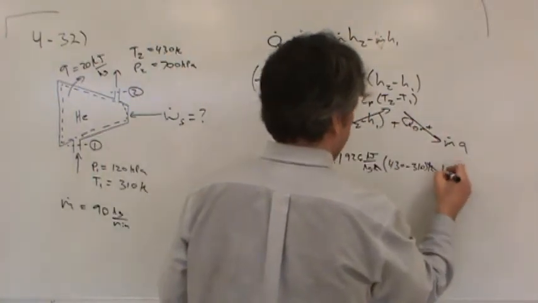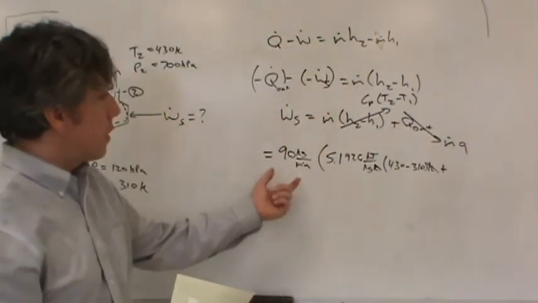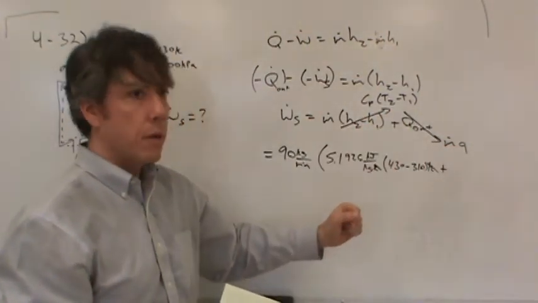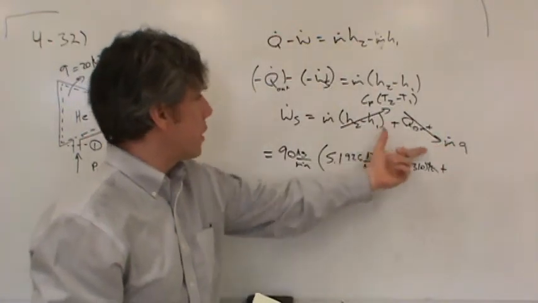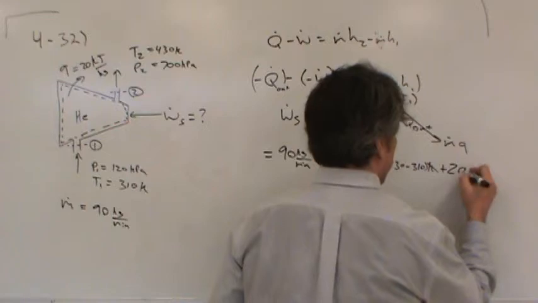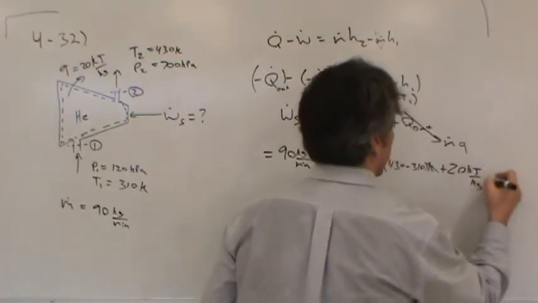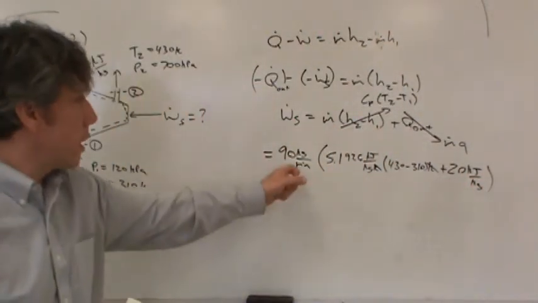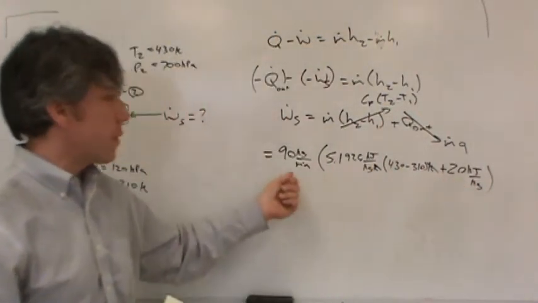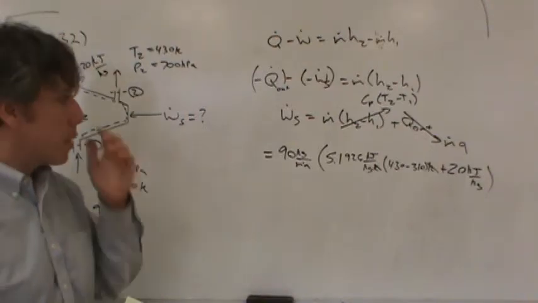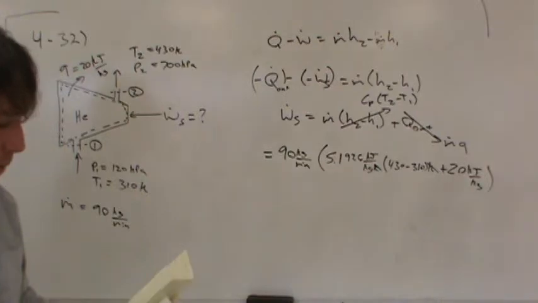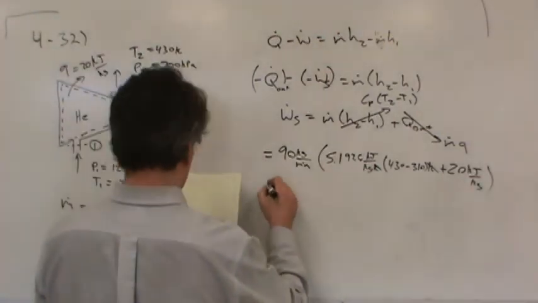But then we need to add to that. Now, if I pull this little q inside of that, would it make sense to you? In other words, if I just factor out this mass flow rate and leave it here. So I'll just put the little q right here, 20 kilojoules per kilogram. This is still m dot q, right? I just put it inside of the bracket so I didn't have to write that m dot twice. Notice the units are the same, kilojoules per kilogram, so I know that everything's okay. So anyway, this comes out to about